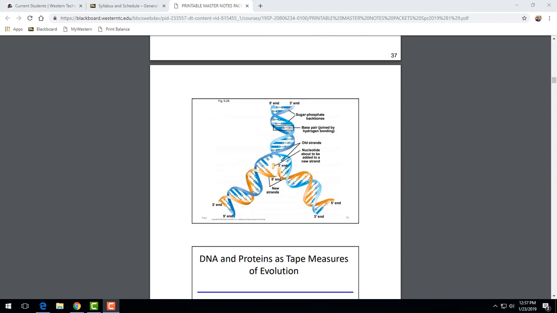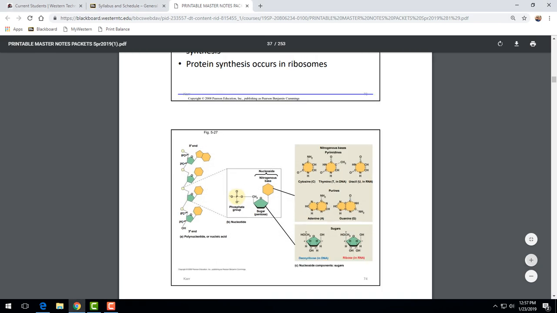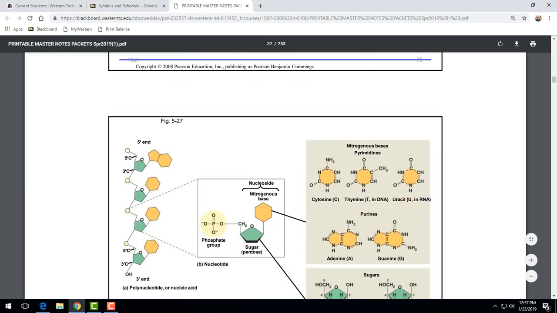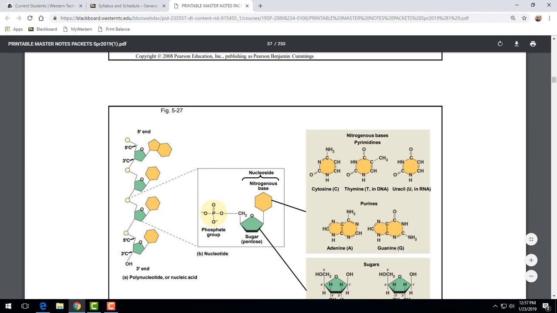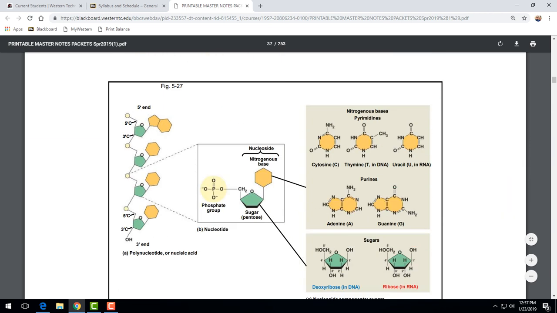So if we look at the structure of DNA, we can see it looks like a twisted ladder. You can see there's the orange side and then there's the blue side. Those are sugar and phosphates in a repeating pattern. So it has a sugar phosphate backbone. If you look back at this, I'll zoom in a little bit better here. So this is one side of the DNA ladder. If you untwist this coiled structure into a flattened ladder shape,